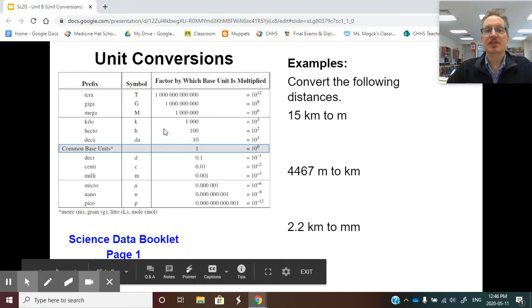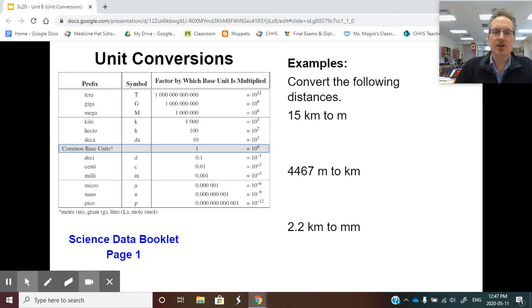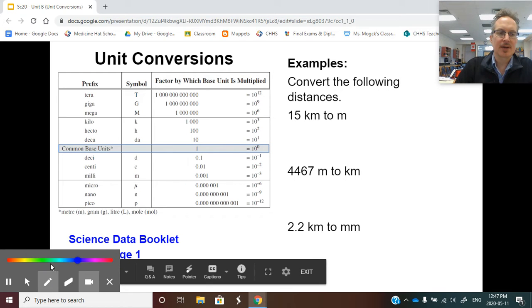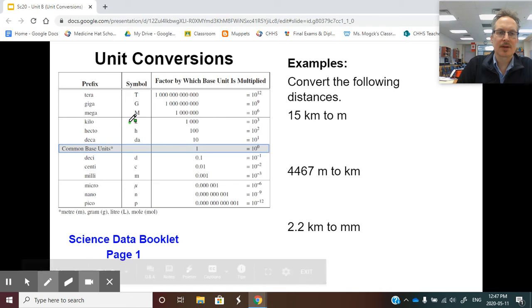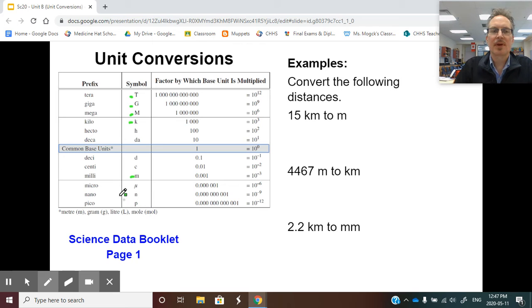Now, this chart looks very complicated, but we're actually not going to use all of this table. We are going to concentrate mostly on kilometers, megameters, gigameters, terameters, and of course, millimeters. Now, I have put a box around this center unit that I believe is gray in your data booklet called common base units. This common base units is where anything without a prefix would fall. This is where we would find the meter, the gram, the liter, the mole, the joule, the Newton,